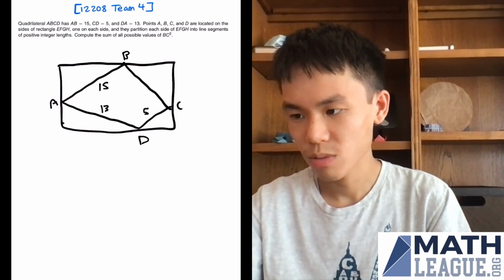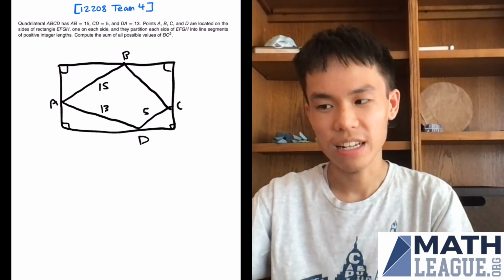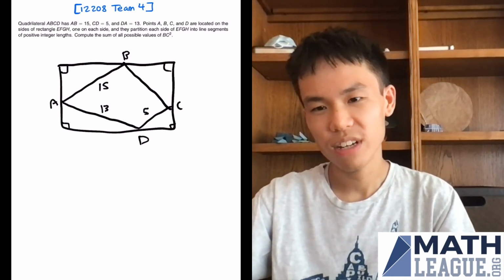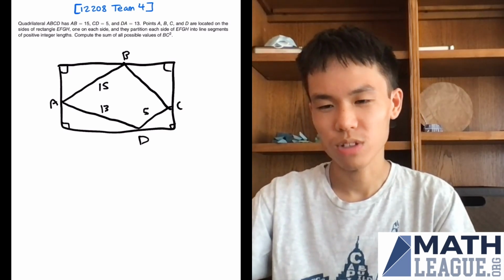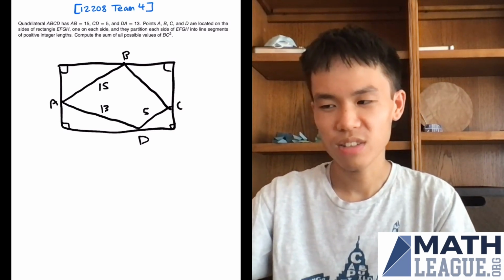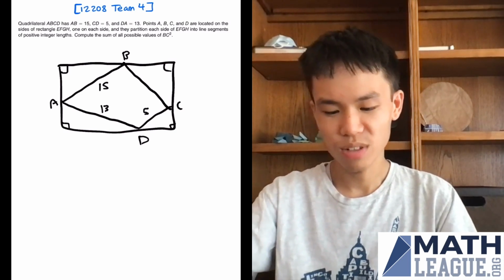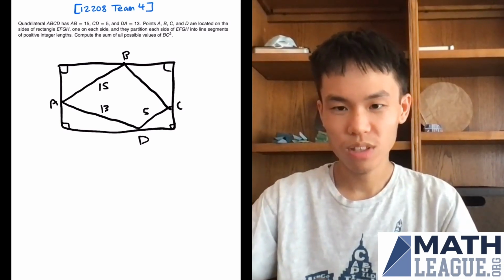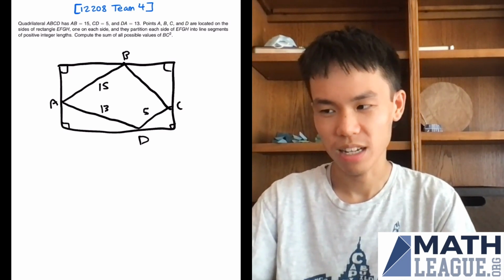I can see what was going on over there. I see that there are going to be 4 right triangles that are going to be used to form that quadrilateral, and I think I'm going to need to find the possible lengths. With 15, 13, and 5, we can possibly do something like x squared plus y squared equals 225. I think you could eventually find that the only triangles that would work are the 9, 12, 15 triangle, the 3, 4, 5 triangle, or the 5, 12, 13 triangle. They all look familiar, those triples.